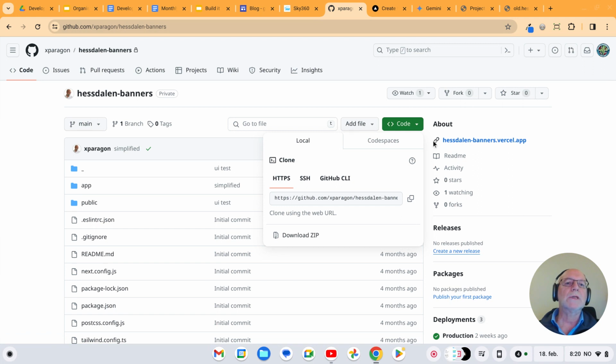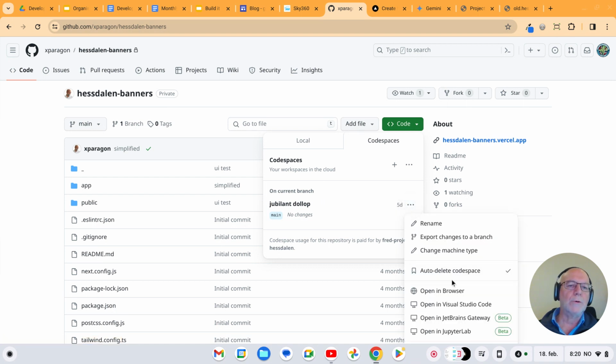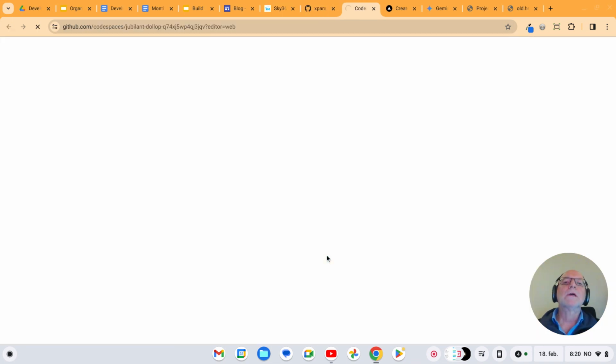That's the normal way to do it. You can actually have a space here, and then you can open up. And let me just do that. Open in the browser and let it work. Open up